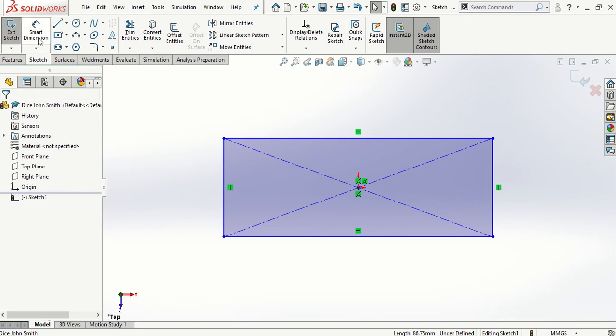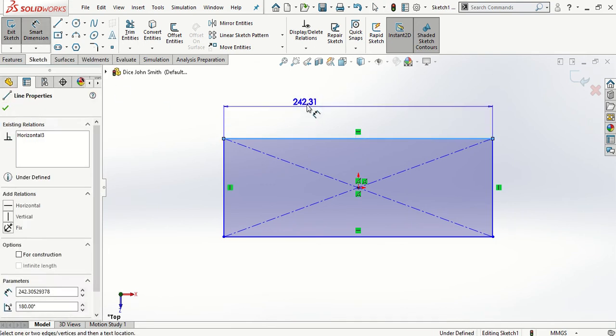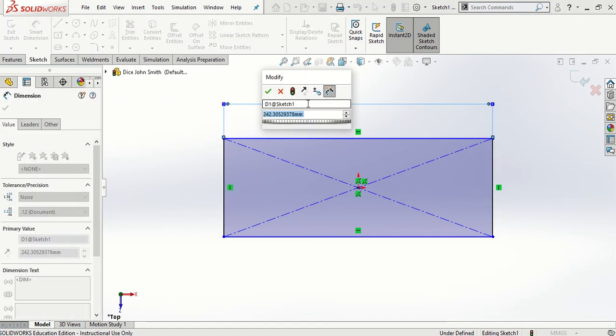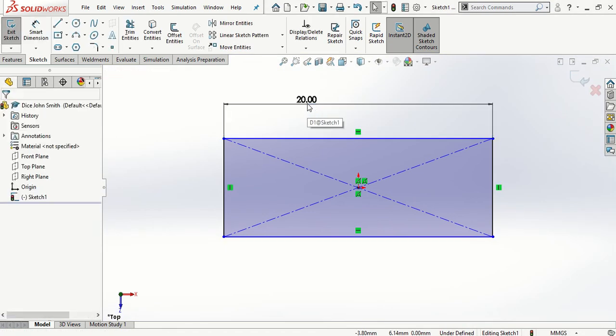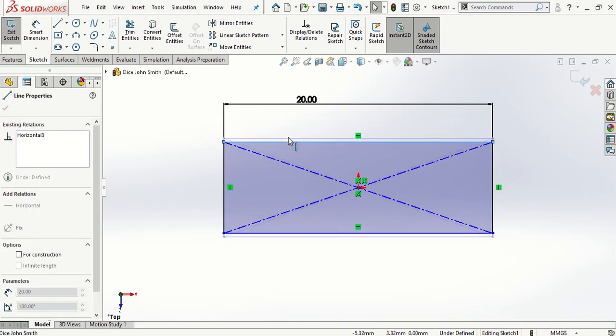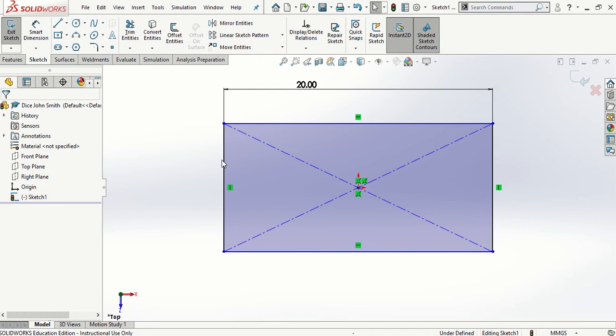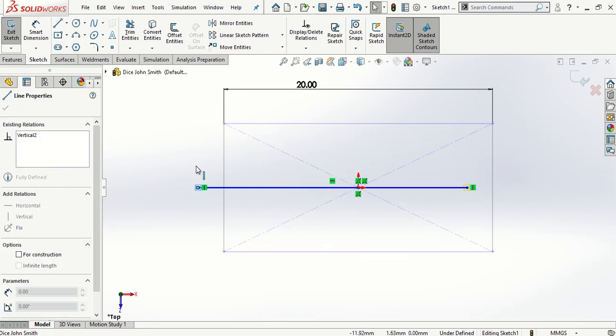So to do this, generally we'll use Smart Dimension, come along, click on an edge, and for this question we're going to make this edge 20 millimeters long. Okay. You'll notice two of the lines have turned black. So when they turn black, that means they are defined, they can't be moved now. So if you notice, I can still drag the object in this direction because they are blue lines, but I can't drag the object